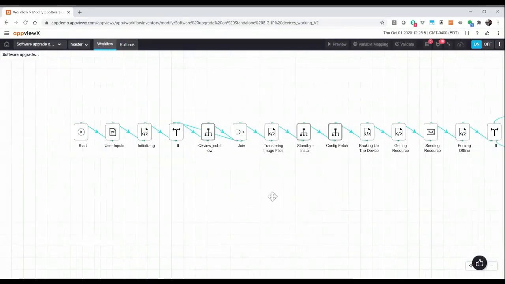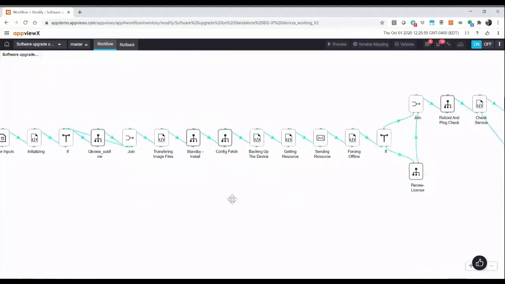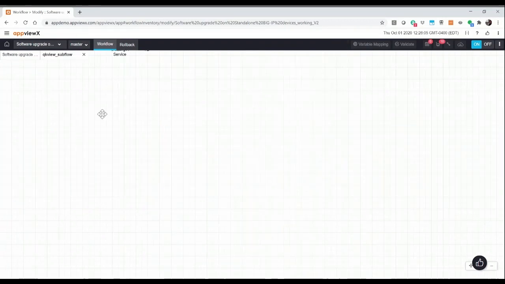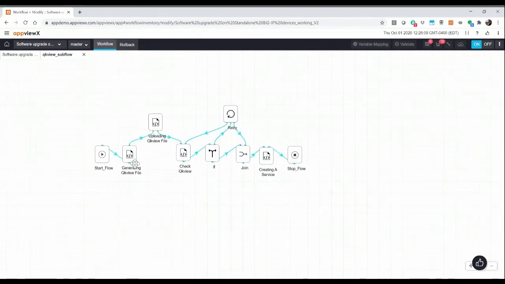So if you take a look at this software upgrade, the same exact thing. The only thing is it's sort of built through the Lego blocks. For example, QKView, there is an option where you can generate QKView, upload it to iHealth and whatnot, right? That this is this subflow, right? So if you look at this, this will basically generate a QKView and upload the file and check and